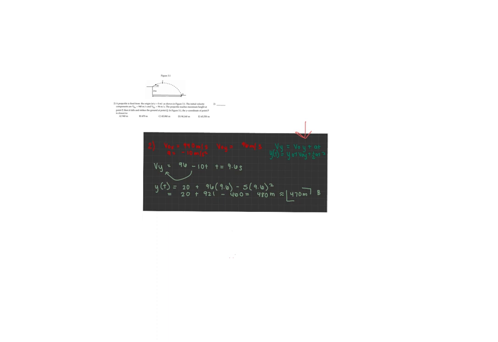So plugging in that t to this bigger problem, we have that the initial y, so the starting point here, is 20 plus 96, that v of y times the time, which is 9.6, minus, so it's 1/2 of the acceleration, so minus 5 times 9.6 squared. So when we simplify this, we have 20 plus 92 minus 460, which gives us approximately 480